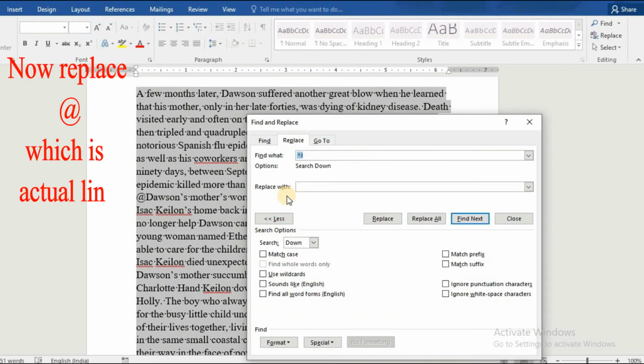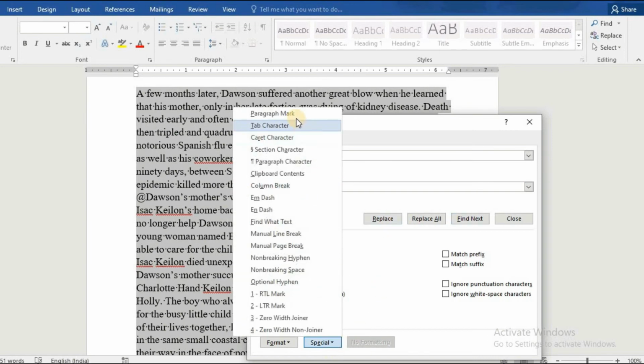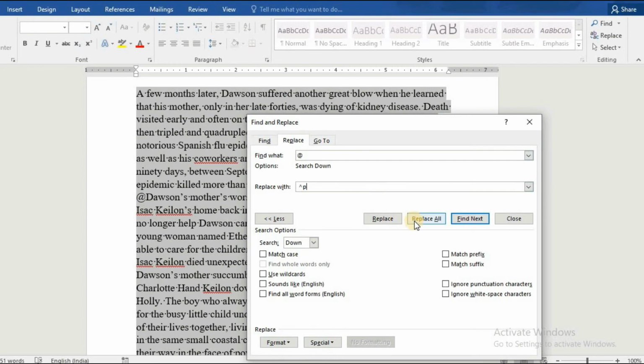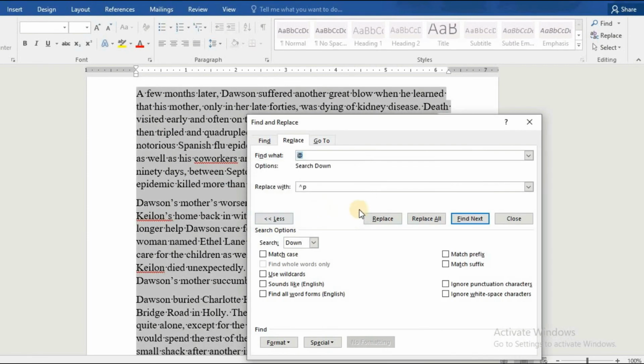And now the actual page break that was replaced by some other character will be restored again. And lastly, we will remove all the white spaces as per the method I told you about in the beginning of the video.